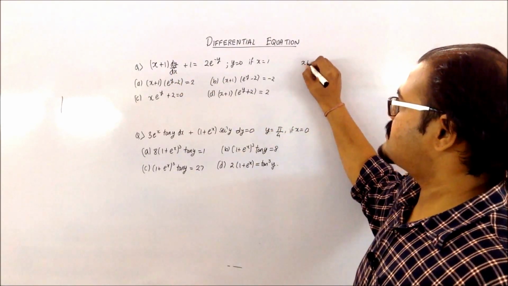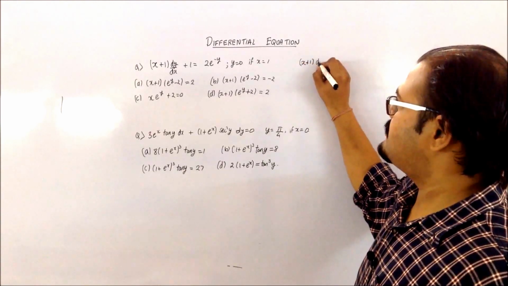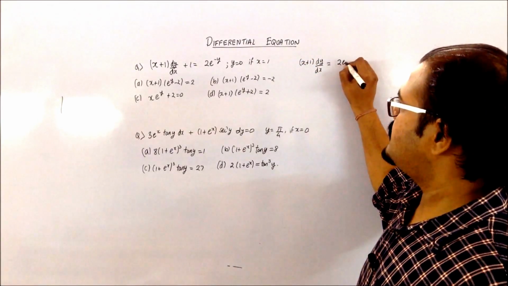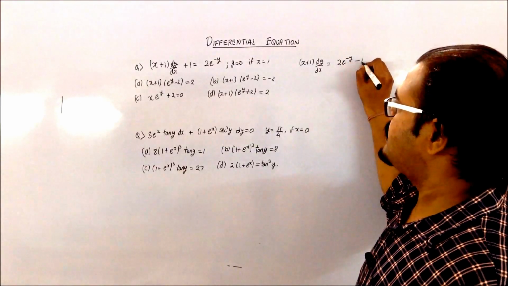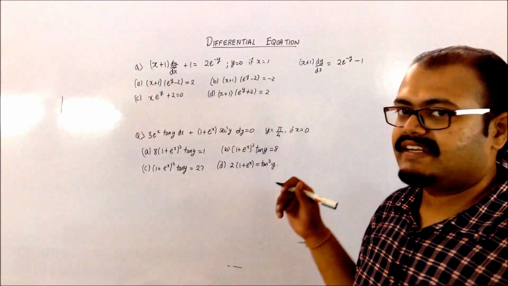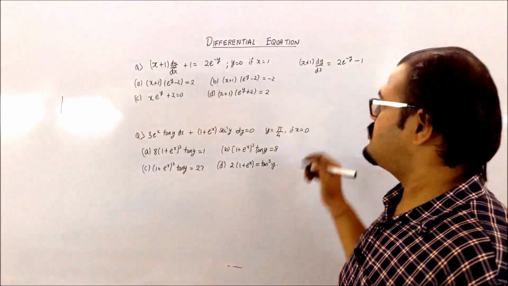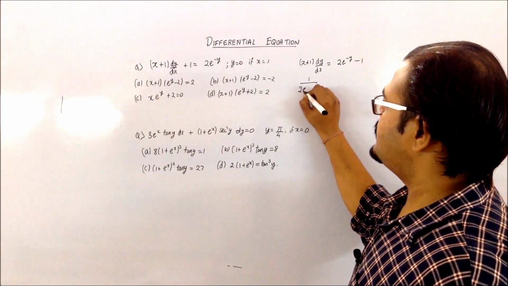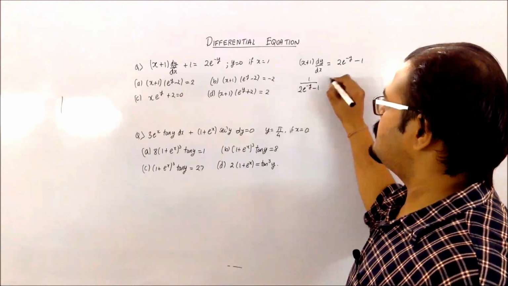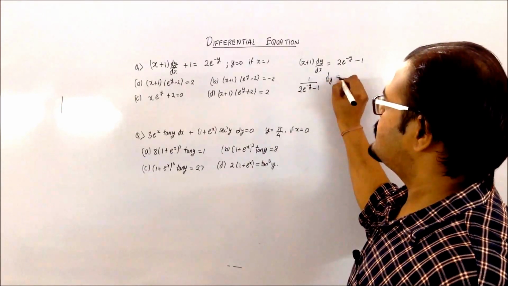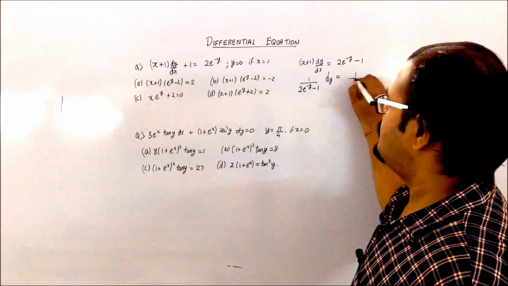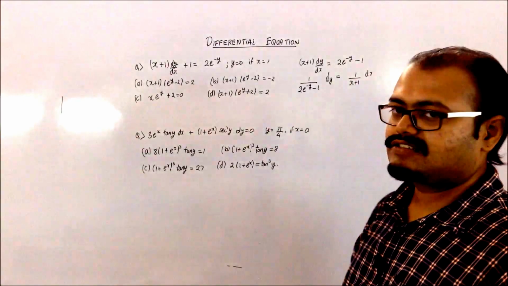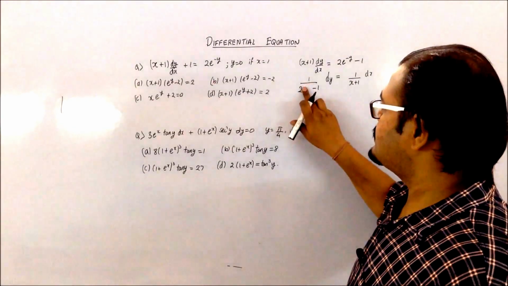So you will have (x plus 1) into dy by dx equal to 2e raised to minus y minus 1. So you can bring it down to your variable separable form, which can be written as 1 upon 2 e raised to minus y minus 1 dy, which is equal to 1 upon x plus 1 dx. Now this e raised to minus y, I can write it as